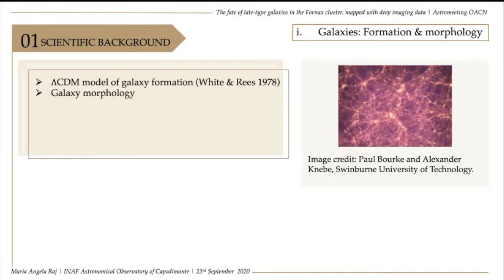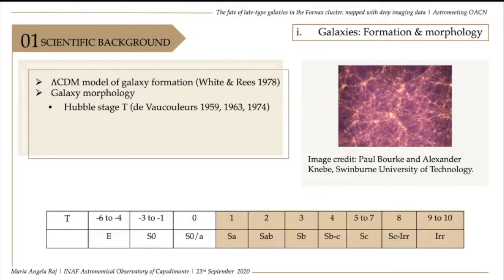And what is galaxy morphology? So it's a product of the formation and evolution of a galaxy and characterizes it based on its interaction with the environment, its structure, star formation history. And of course, there are several classification schemes. And among them, I'll just define what the Hubble stage T parameter by de Vaucouleurs is, as I will mention